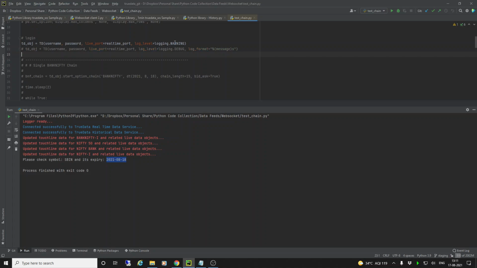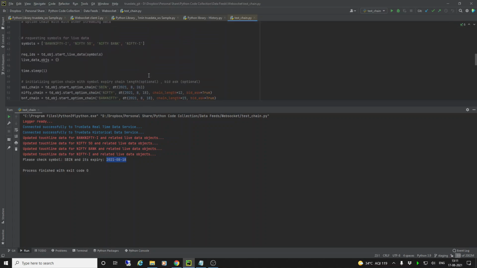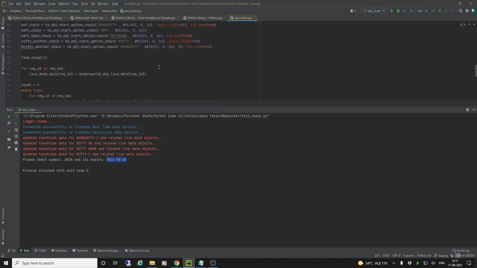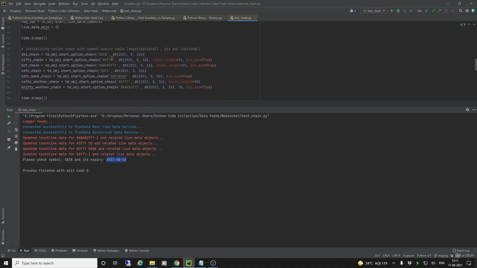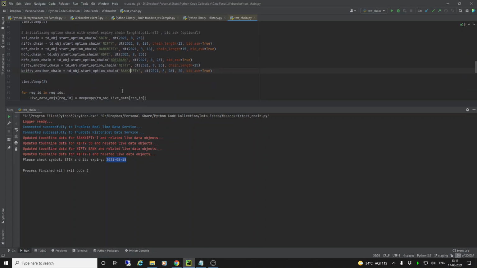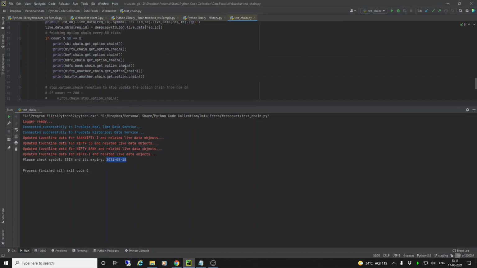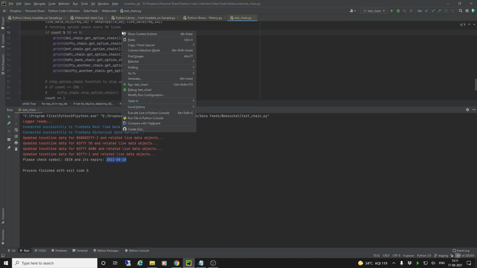So without any logging, so that we can see it better. And we will run all these chains: SBIN, Nifty weekly expiry, Bank Nifty weekly, HDFC monthly, Nifty monthly, and Bank Nifty monthly. So all these we are going to be running together. Let's see what happens.